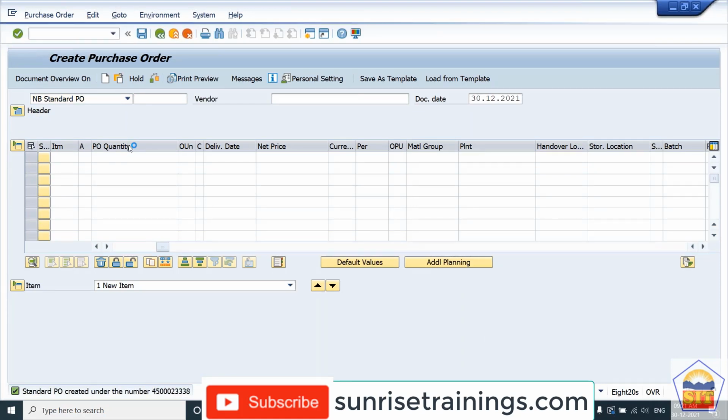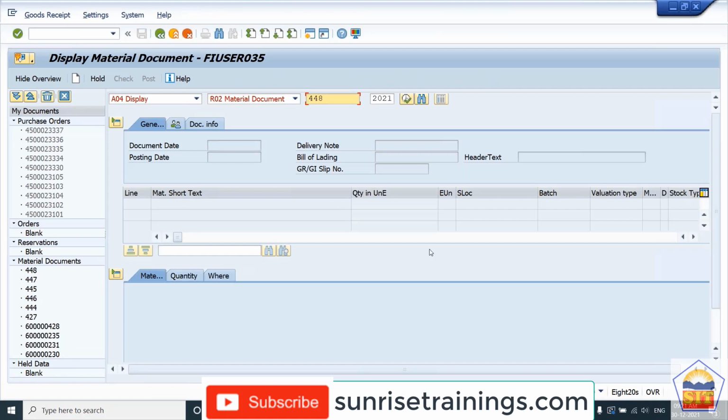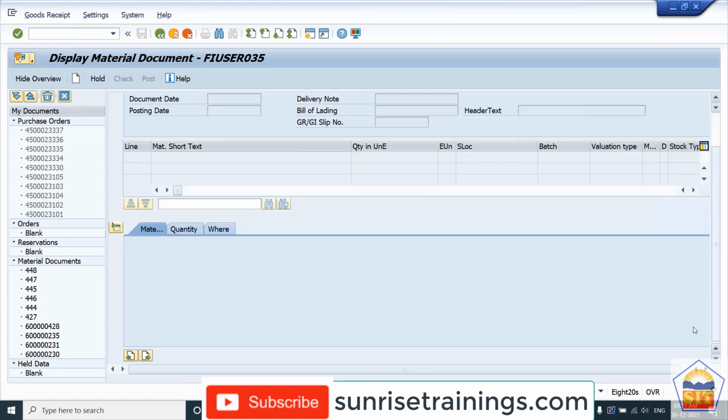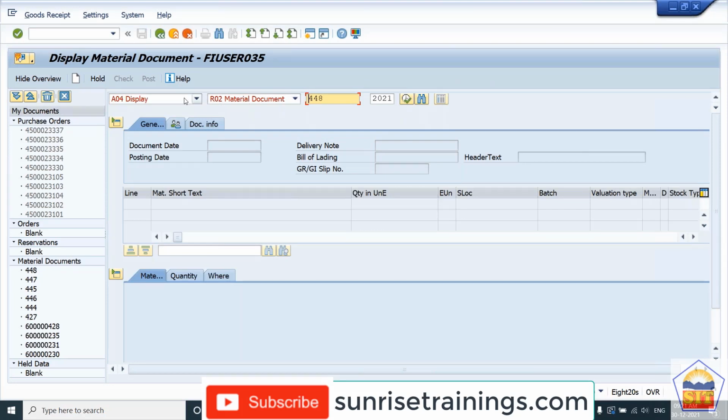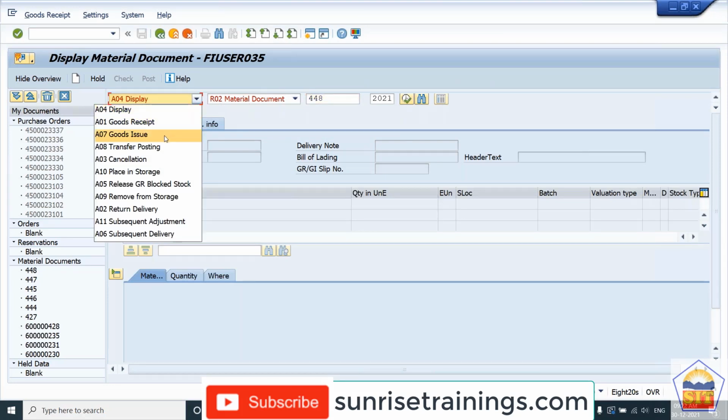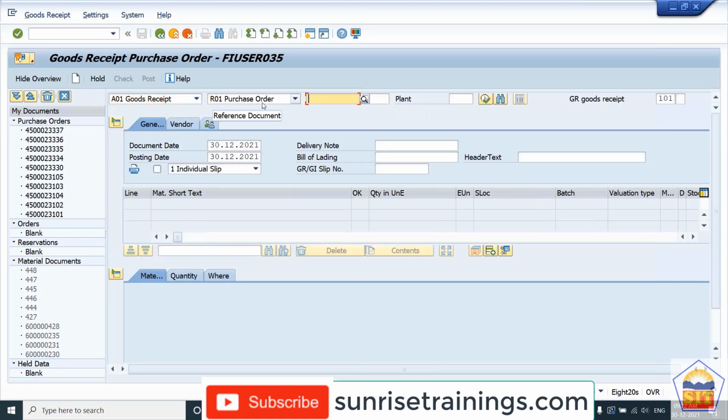MIGO. So here you can make the changes with the quantity. So for example, we need to give the reference of our purchase order created. We have just created, it is ending with 38. So go to the GR, and although we have created a purchase order of 10 quantity, but supplier has sent us two quantities for the time being, and we need to do a GR of two quantities.